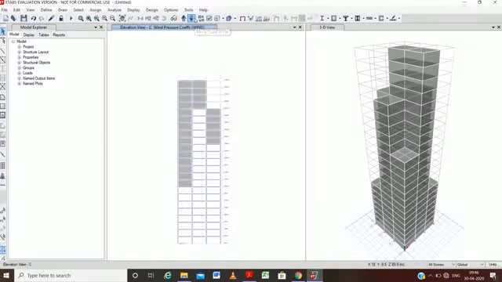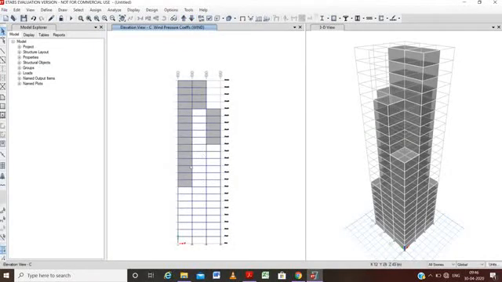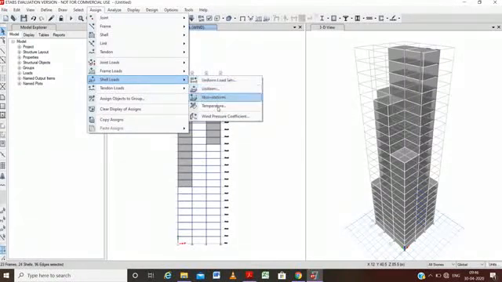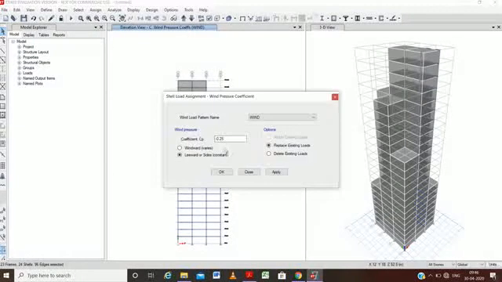From here, using the up and down move list, we can come here to see further, and again assign the load the same. The C side will be the same as D, so this will be the leeward side.